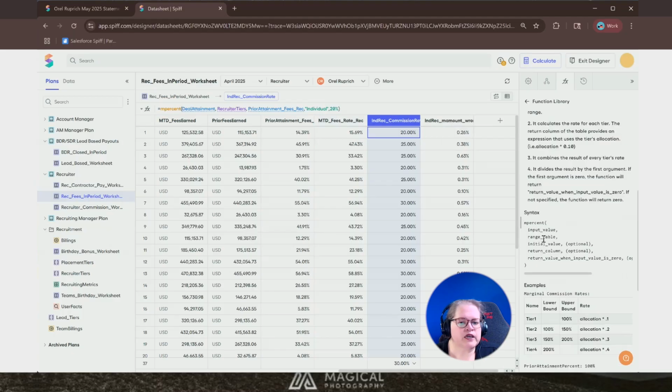So input value, range table, an issue value, return column, and you can also give it a default. So if you're in a case where you would be dividing by 0, it uses that default. Because